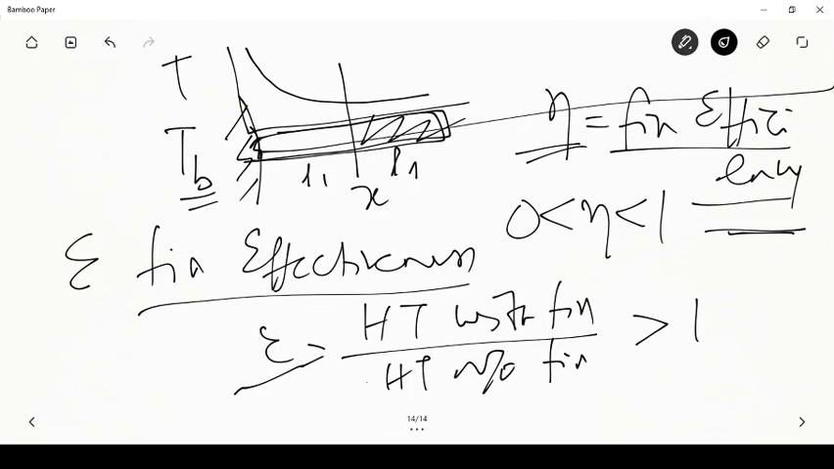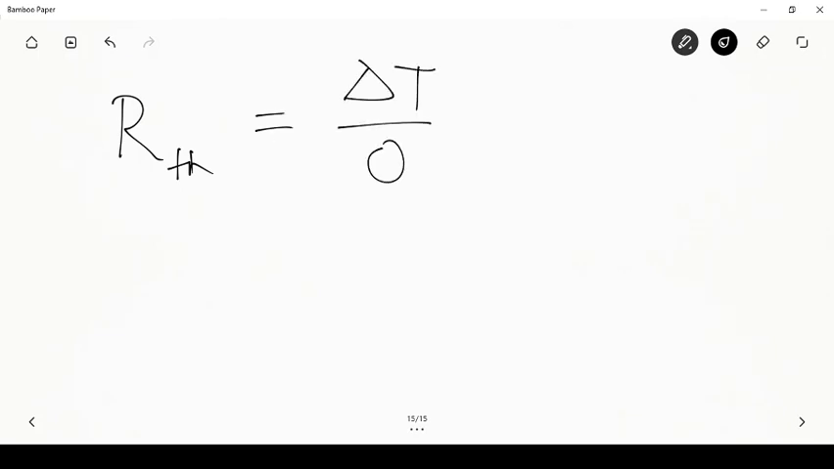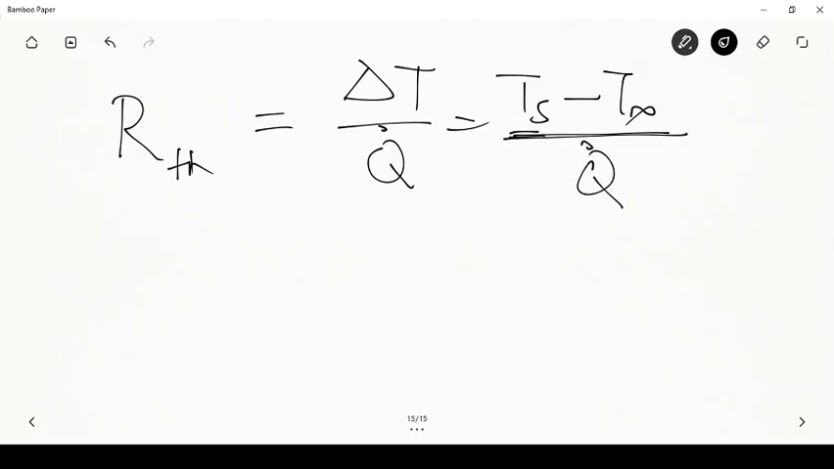And in selecting heat sinks, normally there is one parameter called R, which is the thermal resistance of the heat sink, defined as delta T divided by Q dot. What is delta T and what is Q dot? Delta T is the surface temperature minus the ambient temperature. The surface temperature which is tolerable for a particular component or device is Ts, and T infinity is the temperature of the cooling medium, and Q dot is the rate at which the heat needs to be dissipated